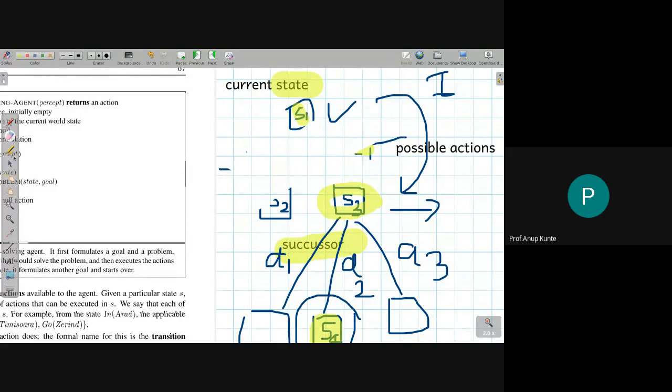So I'm actually referring to something like going from here to here and going from here to here. So this was, I guess, my action 2, and this was my action 1. I just rubbed it off, sorry for that. Path cost means the cost of applying this action 2 and then this action 2 again. So what is the cost of applying action 2 two times? That is the path cost defined. So it is a cumulative cost kind of.